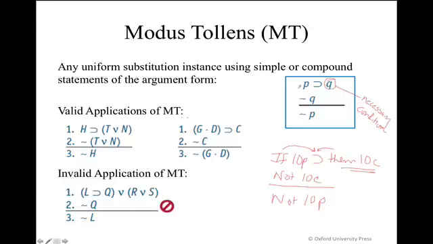So you would say, if I am alive, then I am breathing. I'm not breathing, therefore I'm not alive. Or if I'm alive, then my heart is beating. My heart is not beating, so I'm not alive, and so forth. Here again, we have a couple of examples of how this argument form plays out in